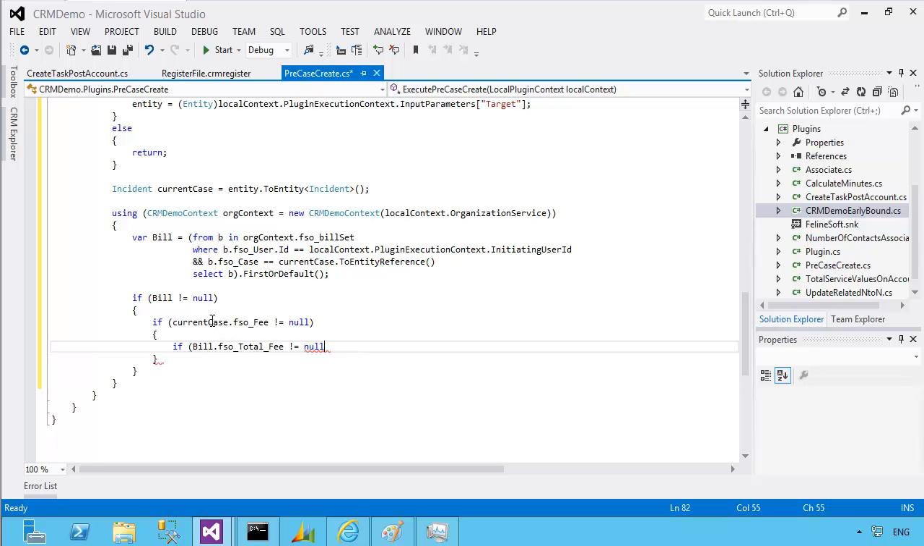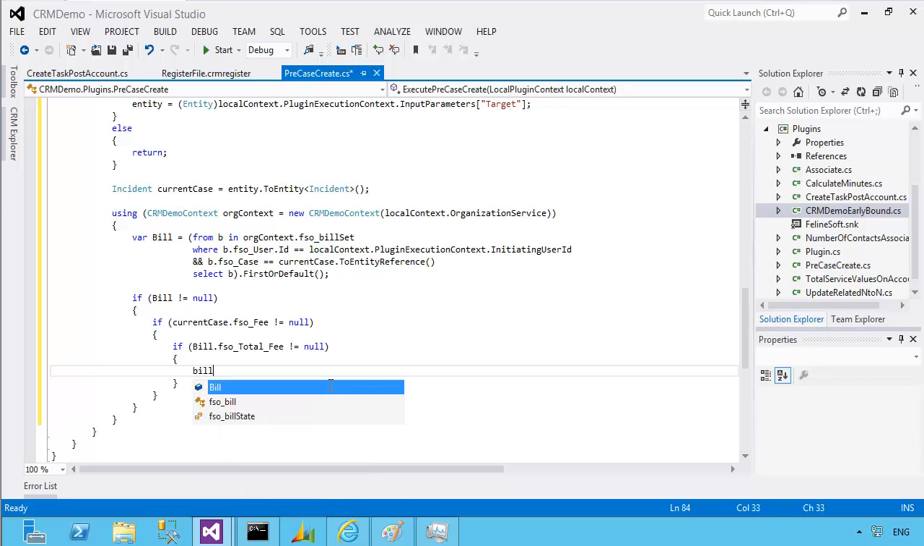So we've retrieved the bill records for the current user, current case. If it's not null, we then check if the case that we're currently processing has a fee value, and if it does, we need to obviously increment the bill record that's been retrieved with that value. So if it's not equal to null, then the FSO total fee we can add to the current value, which we can add on the current fee value